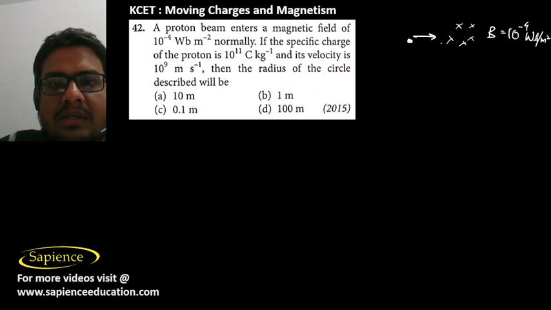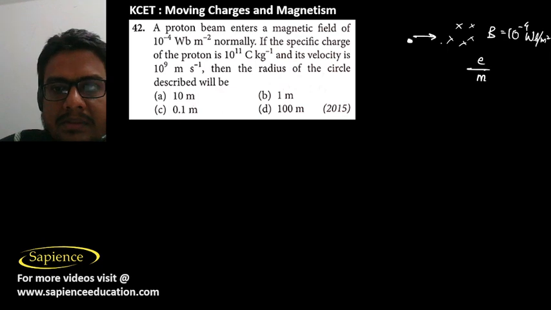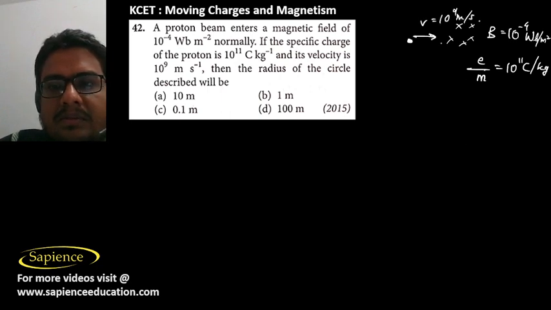If the specific charge of the proton, which is charge by mass, is 10 power 11 coulomb per kg, and its velocity is 10 power 9 meter per second, then the radius of the circle described will be